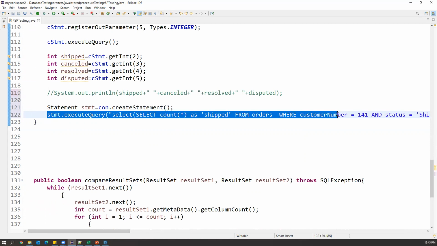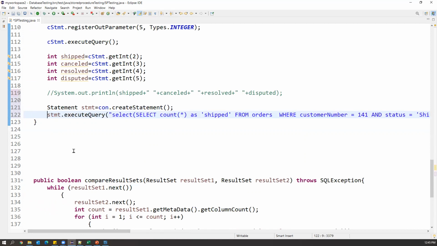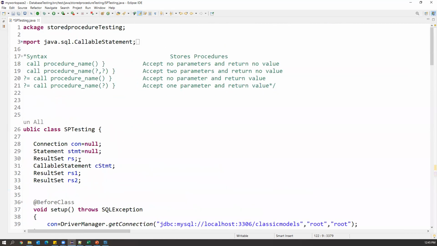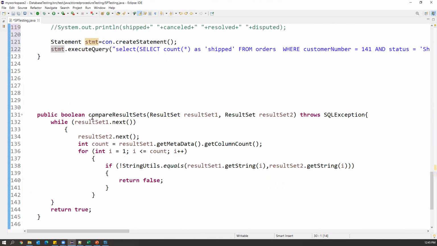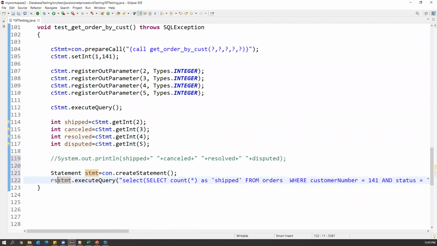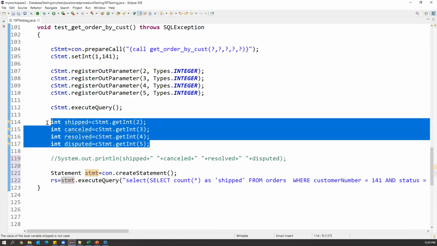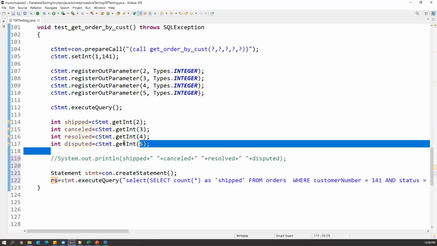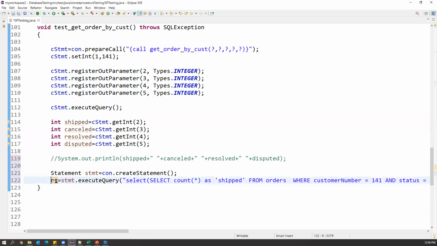After execution of the test query, what will this return? This will return the result set, right? The result set variable, which is already created here as a global variable, I'm storing this result set in the rs. Fine. So now we have the output in the output variables, which are written by the stored procedure, and we also have a result set, which is returned by our test query. Now we need to compare whether the data from these output variables is exactly equal to this result set data or not.